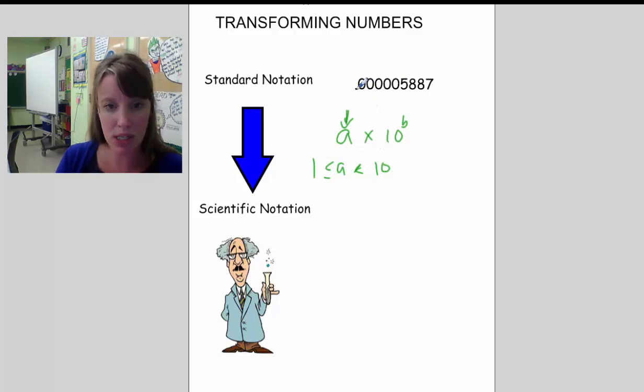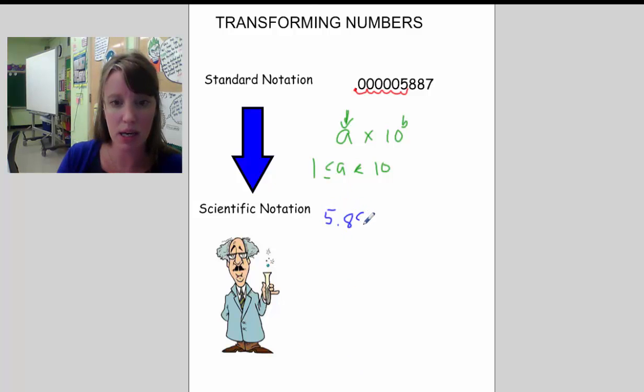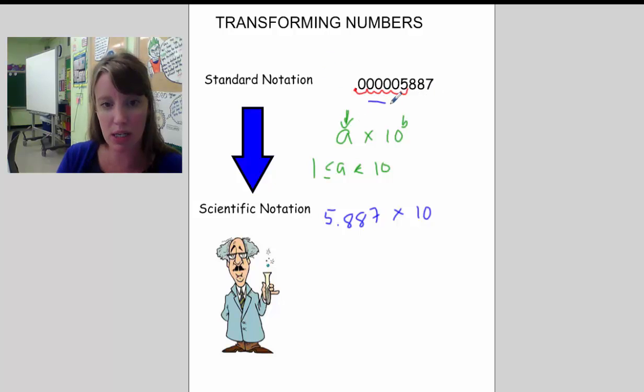So I'm going to move the decimal place over a certain number of times. I'm going to move it over 1, 2, 3, 4, 5, 6. So here I have 5.887. That's certainly between 1 and 10 and strictly less than 10. And then think about the power of 10 that I would need to use in order to get this back to this, right? Since I'm moving to the right here,